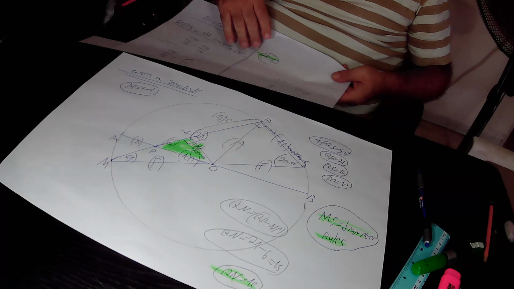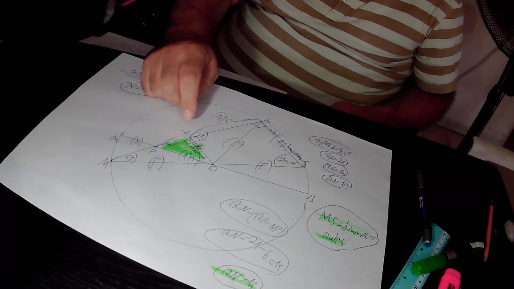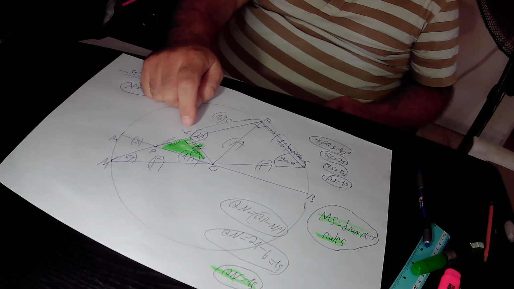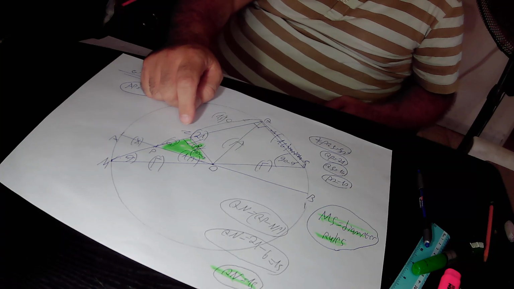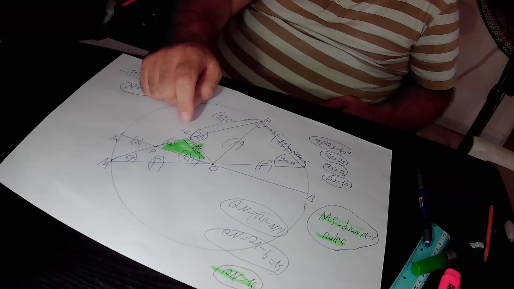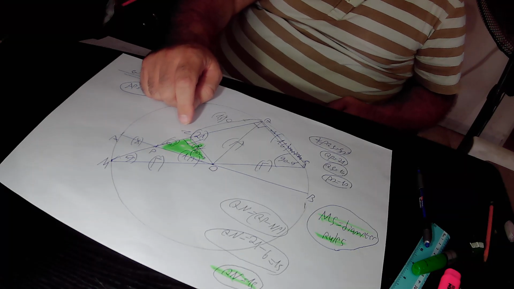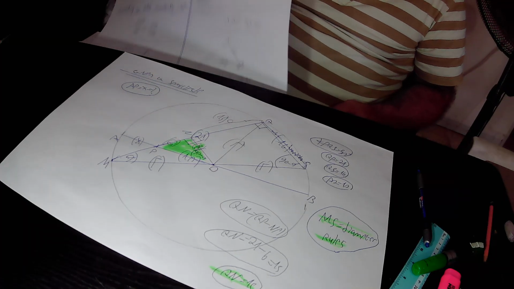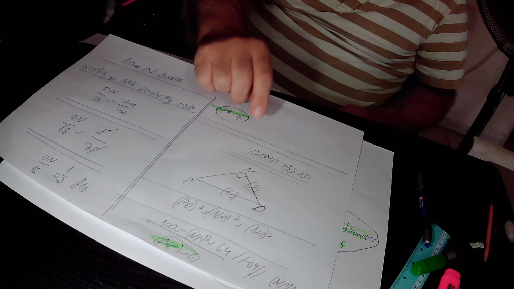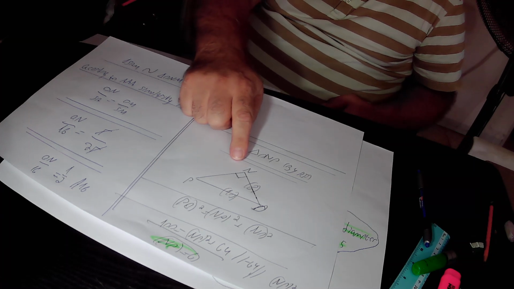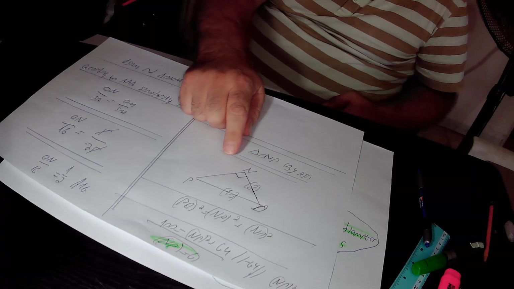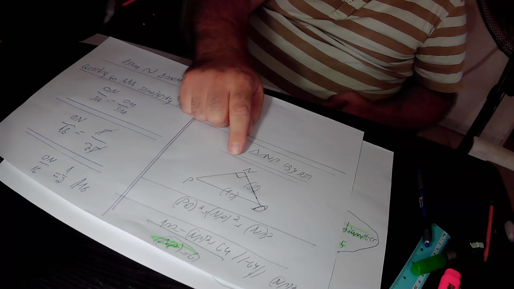In the next step, we implemented the Pythagoras theorem on this small right triangle NOP. According to the Pythagoras theorem, in any right triangle, the square of the hypotenuse equals the sum of the squares of the perpendiculars. So this is the right triangle NOP, copied from the original diagram. In this right triangle NOP, PO squared, the square of the hypotenuse, equals PN squared plus ON